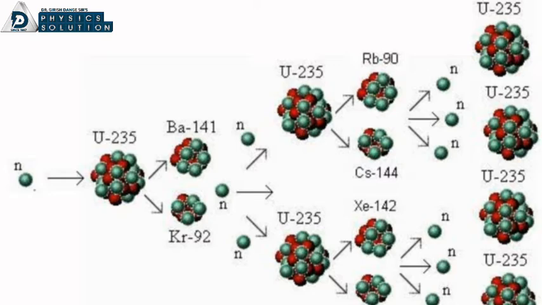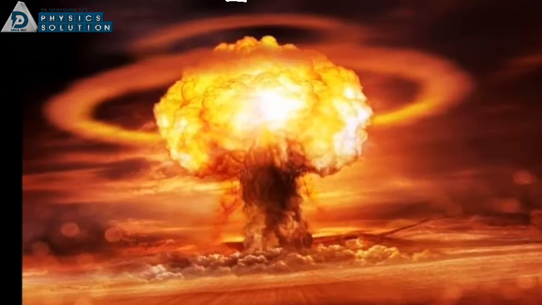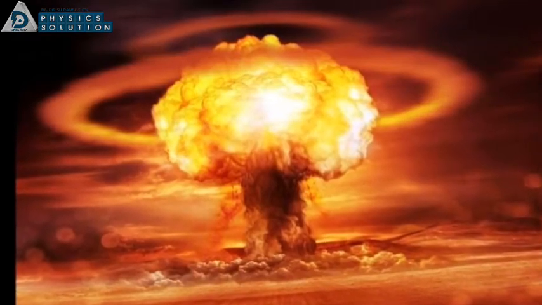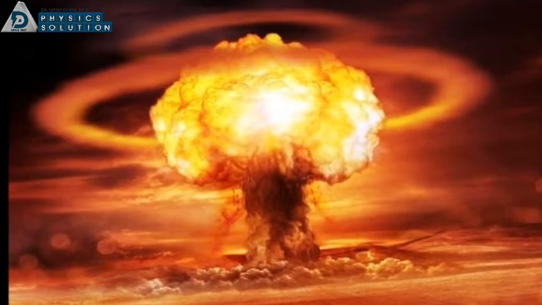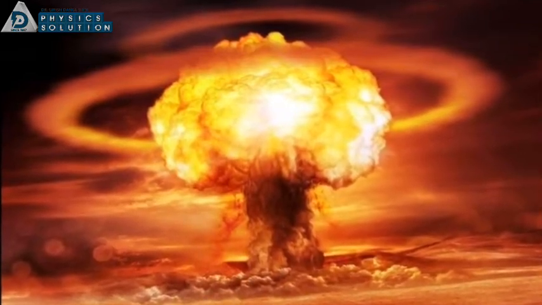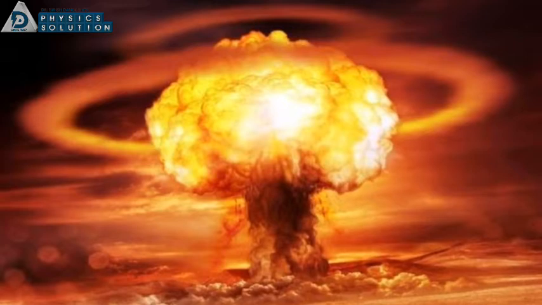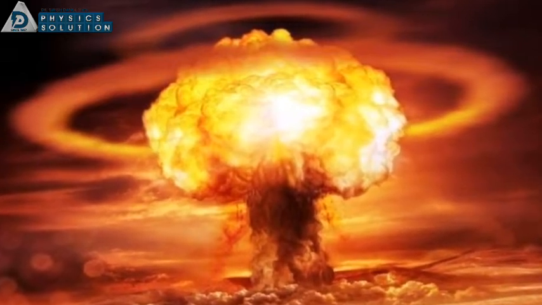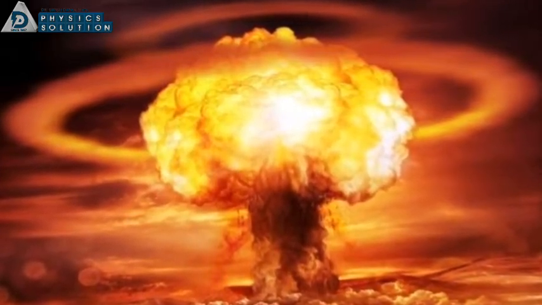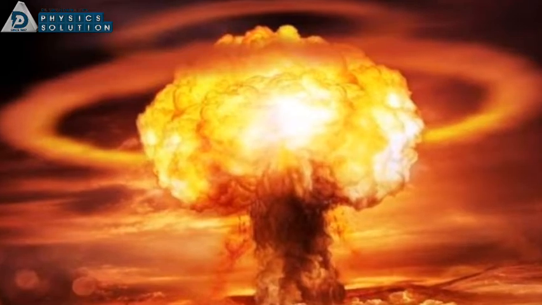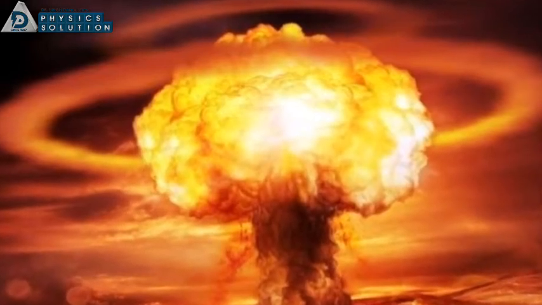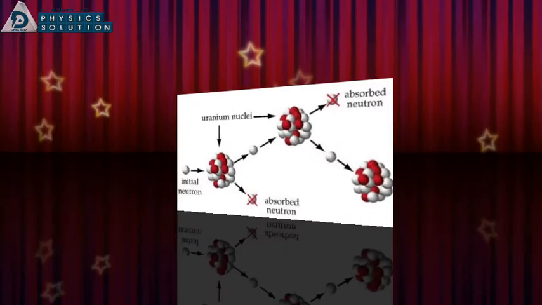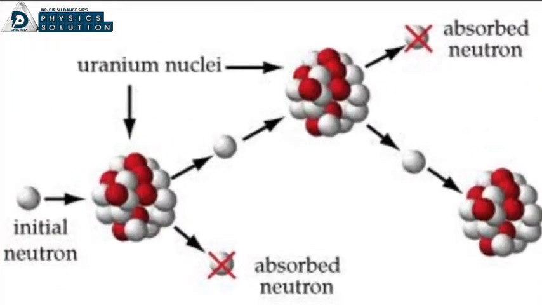This is known as an uncontrolled chain reaction. An uncontrolled chain reaction is the principle of the atomic bomb or nuclear bomb. In this process, a tremendous amount of energy gets wasted. If we control the nuclear fission chain reaction to a certain extent, we can use the released energy to produce electricity. Thus, the principle of a nuclear reactor is a controlled chain reaction.